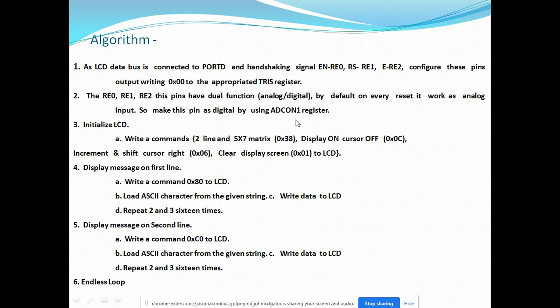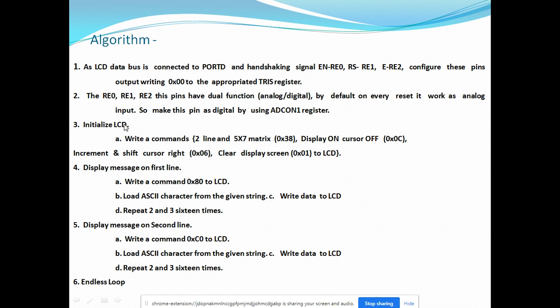For that, you write its control value in the ADCON register, the ADC control register available in the PIC microcontroller, through which we can make these pins analog as well as digital. So you have to use RE0, RE1 and RE2 as digital IO for controlling the LCD.